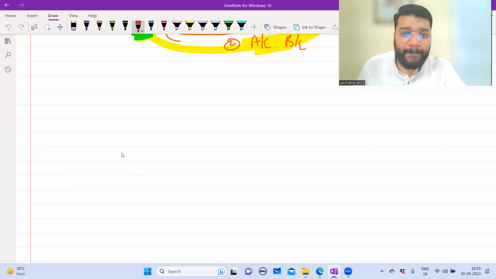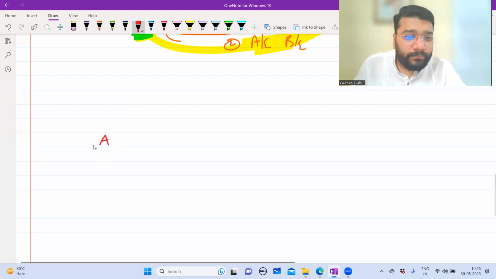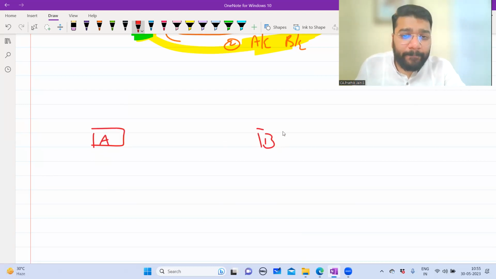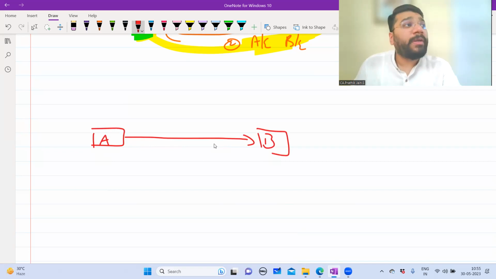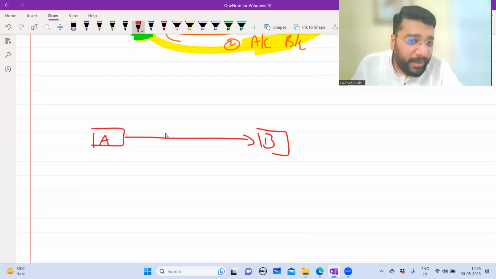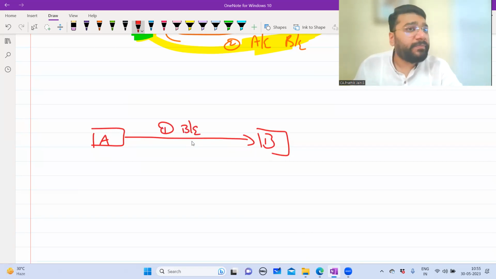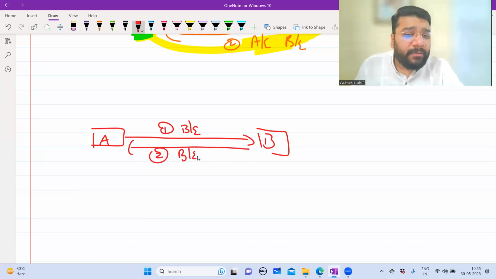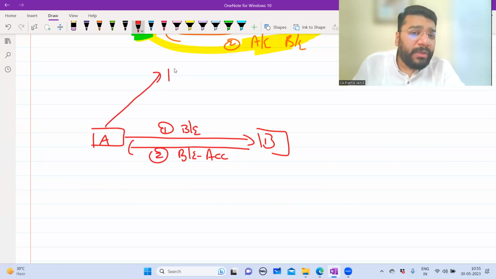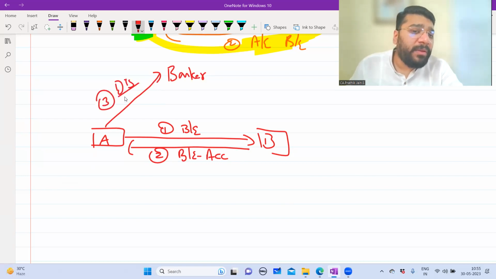Now, guys, this is A. This is B. Guys, A is not selling any goods, not giving any service, but he is sending a bill of exchange, to which B is accepting the bill of exchange and giving it back. Bills of exchange accepted. Then A is handing over this bill to the banker for the purpose of discounting. So the third transaction is discounting of the bill. Bill worth 5,000 is going out. In return, we are getting